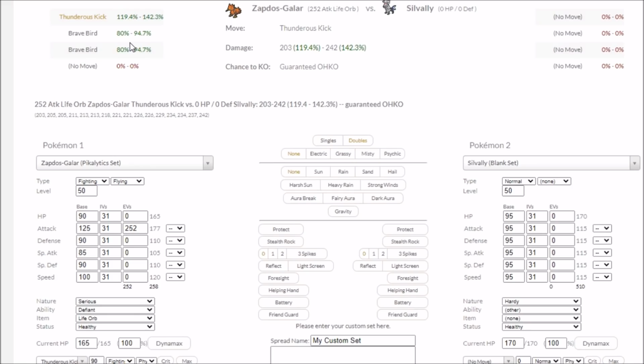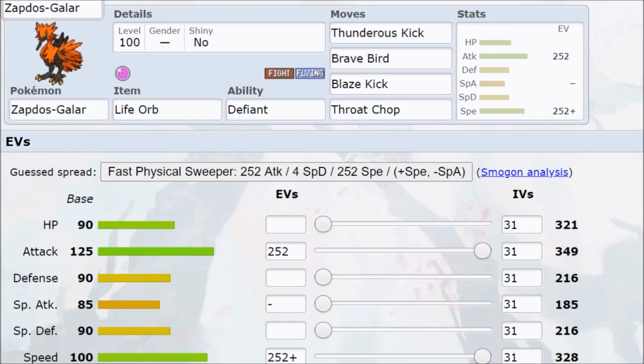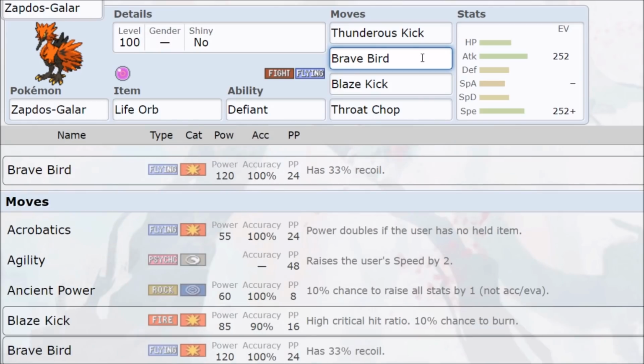Because Galarian Zapdos can come out of a Dynamax with +2 speed, +1 attack. So we have a 125 attack Pokemon using powerful moves on incredible coverage with its Life Orb, and then nothing can touch it. It's just absurd. Now, the Brave Bird kind of puts a timer on this Pokemon, because you can only Brave Bird so many things